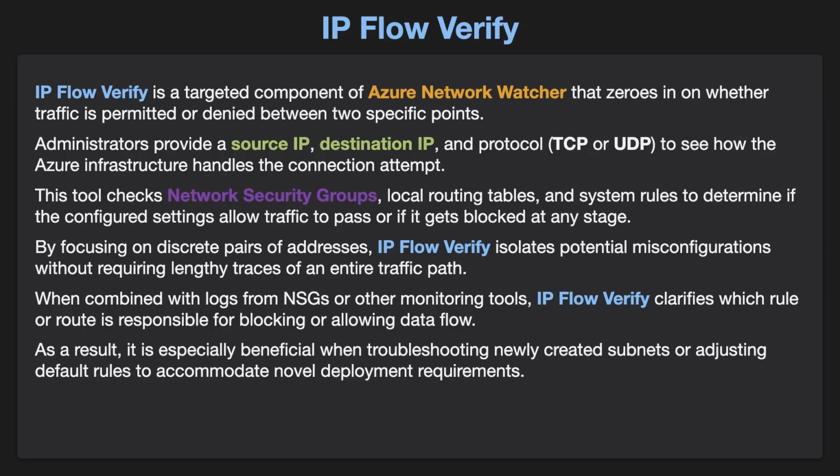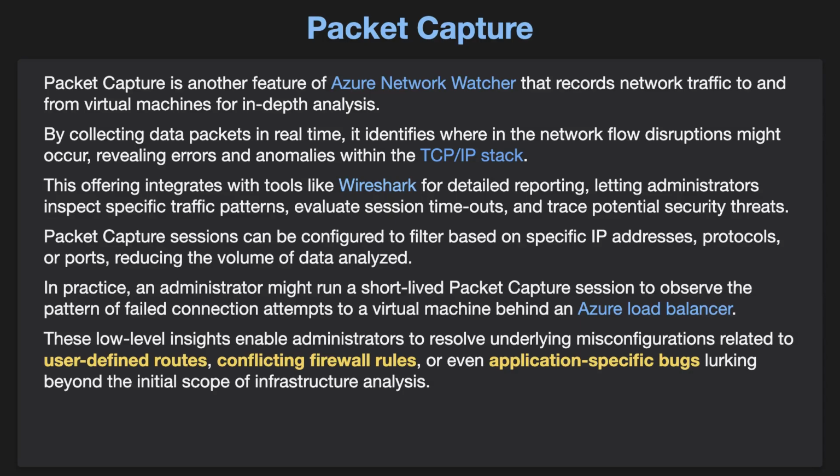When combined with logs from NSGs or other monitoring tools, IP Flow Verify clarifies which rule or route is responsible for blocking or allowing data flow. As a result, it is especially beneficial when troubleshooting newly created subnets or adjusting default rules to accommodate novel deployment requirements. Packet capture is another feature of Azure Network Watcher that records network traffic to and from virtual machines for